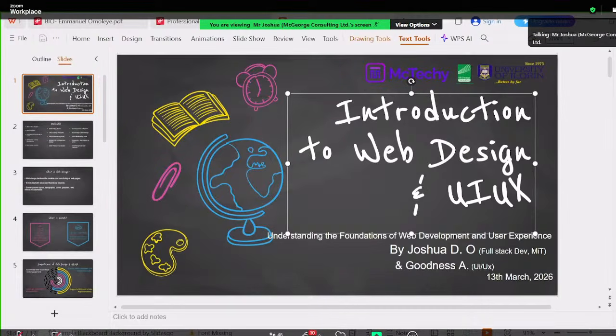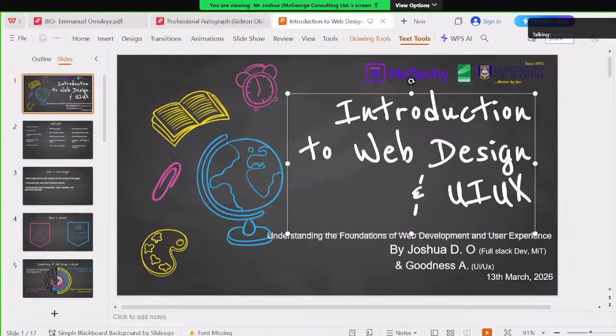So now we are going to look at what is web design, from the angle of all those things that Mr. Goodness has taught you about web design, how to do layouts and everything. Encompassing everything is what web design is talking about: how to structure a page, how to structure some implementations, things like that. That is all that web design is